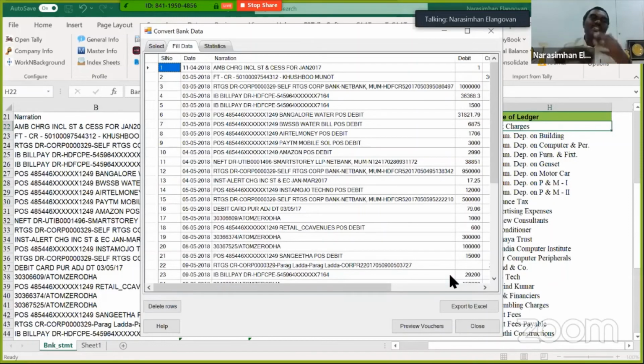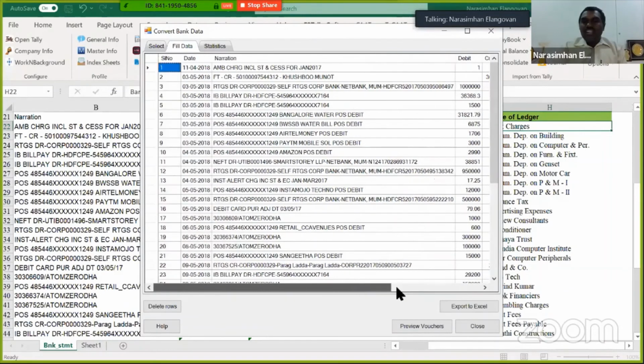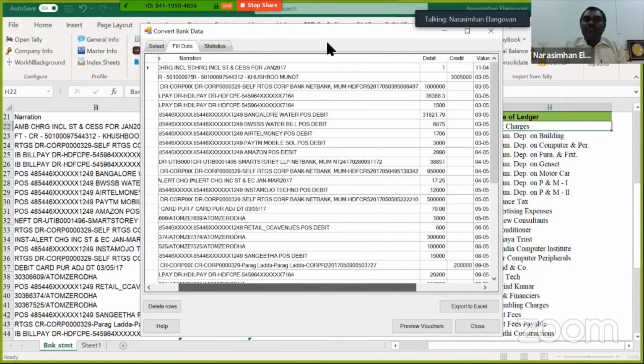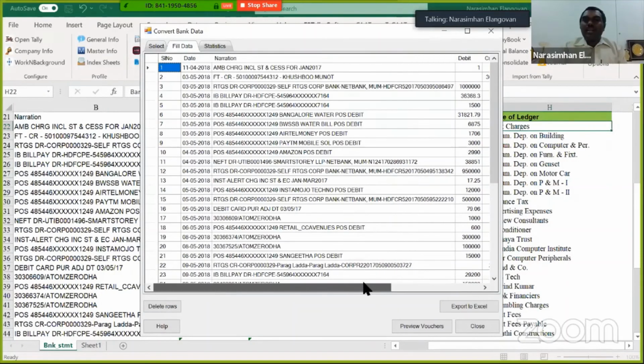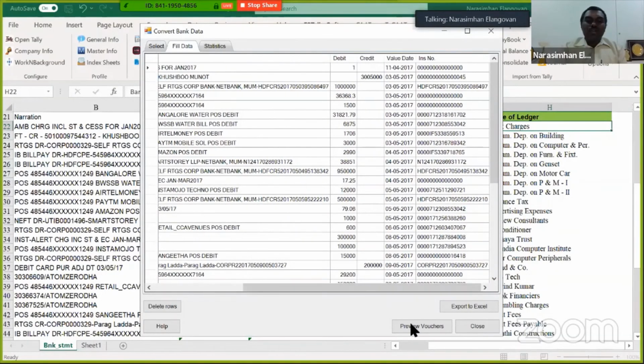Now it converts the data based upon certain prerequisites. Let us not bother. The only thing you have to do at this stage is double check whether everything has come. So narration, by default, it takes all the description. The debit and credit, it automatically takes. Value date, it takes. Instrument number, if you have anything, it takes. Then I click on preview vouchers.